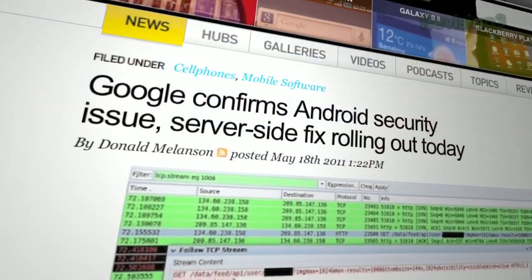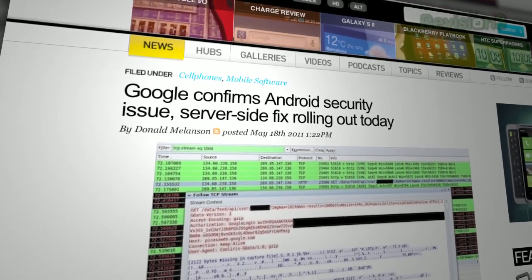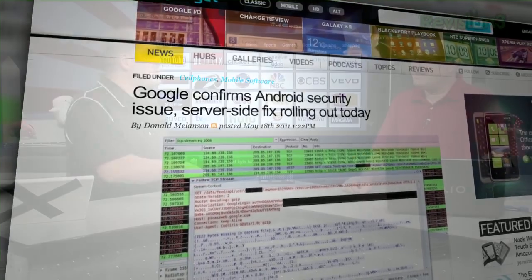However, this is all moot because Google has implemented a server-side fix, one that requires no action on your part. Yay! That closed the leak for everyone. So while it's still a good idea to use the two-step verification for maximum security,